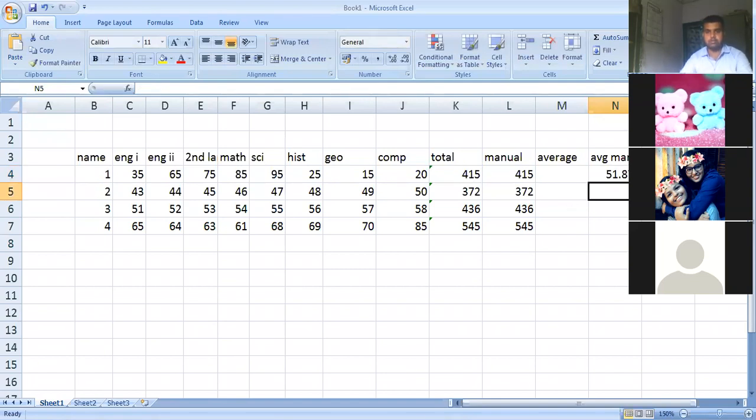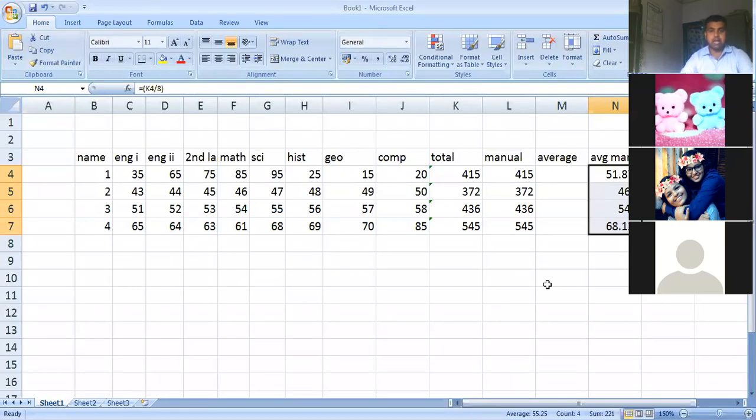So your average becomes 51.875. Now if we have to calculate the average for the other students, we will use the same drag down option. We will click it, drag it down slowly, and leave it. Now you see, all the averages have been automatically calculated for the other students. So this is how we can calculate an average.